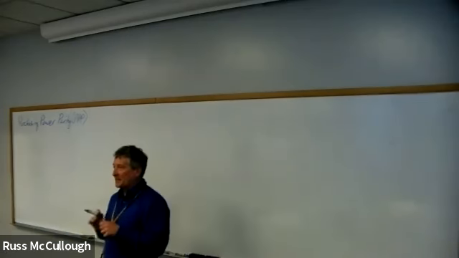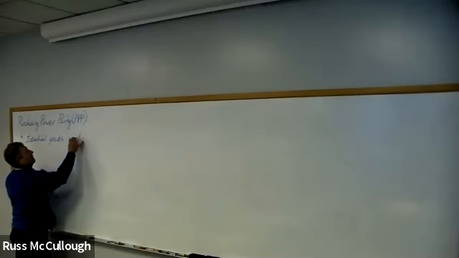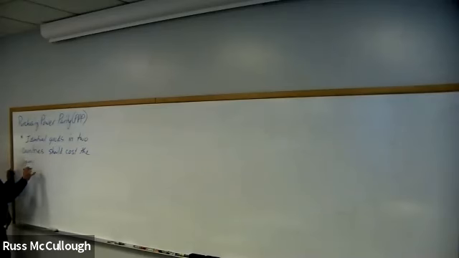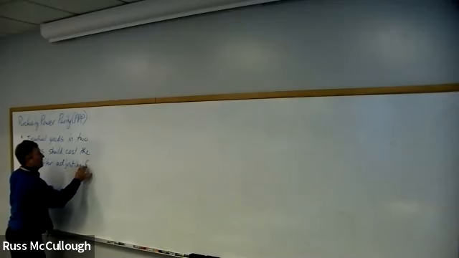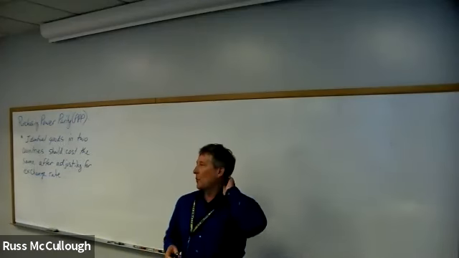So basically the price of one good. This is kind of related to the law of one price. So purchasing power parity says that identical goods in two countries should cost the same after adjusting for exchange rate. So whether you're talking about yen or you're talking about dollars, identical goods in each country, if one says it's